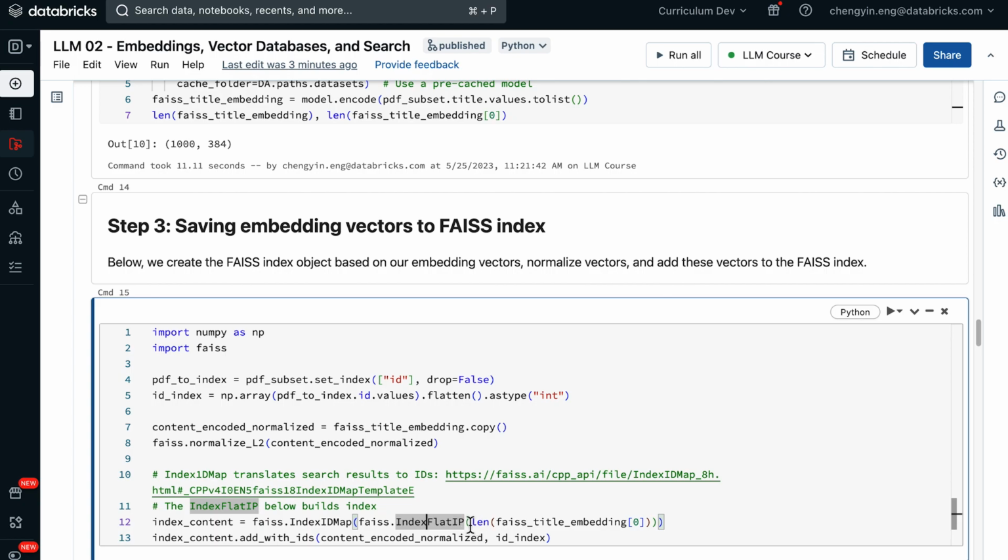So let's look at IP first. What does IP actually stand for? So IP stands for inner product, which means that by calling this API, we're actually maximizing the inner product between the query and the items retrieved. The reason why it is called flat is because FAISS is actually storing all the vectors